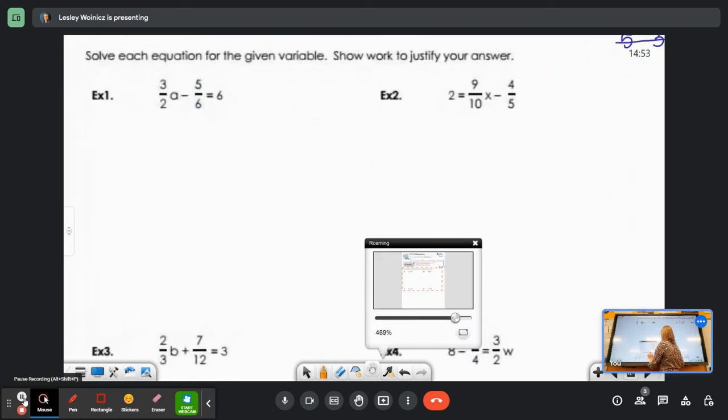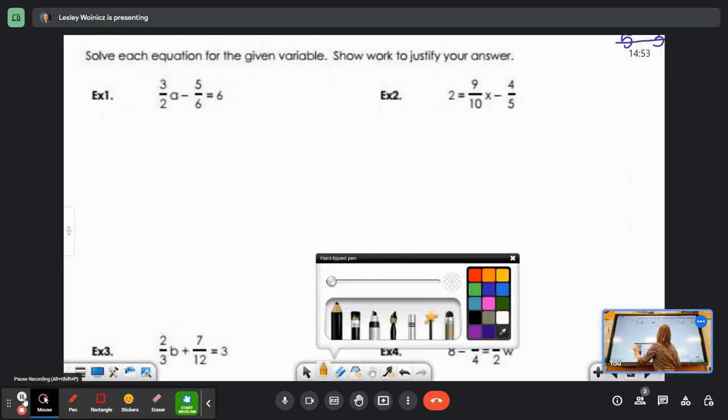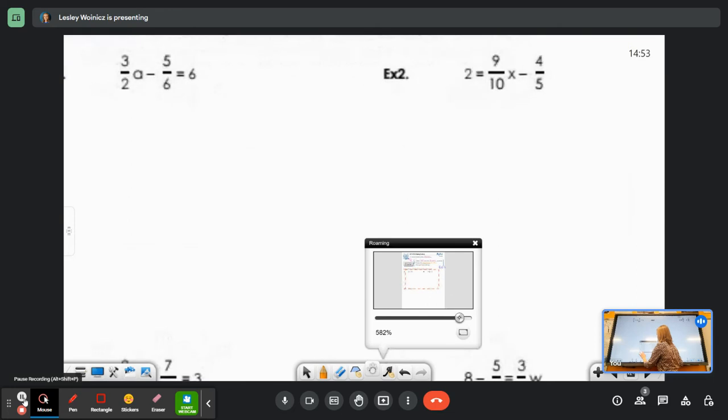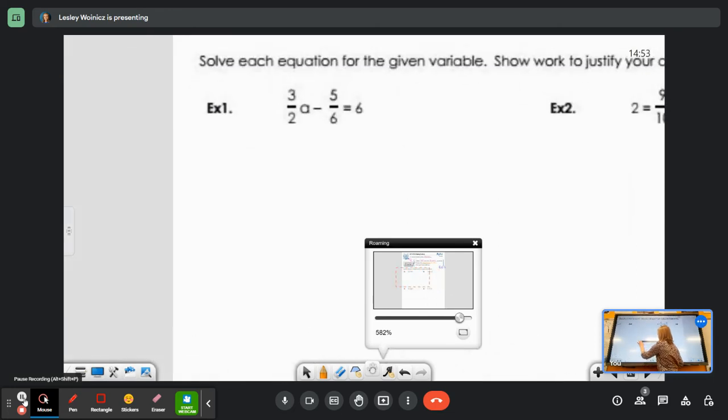Zoom in a little bit. Oh, a little bit more. Sorry, I'll get my act together over here. All right, so